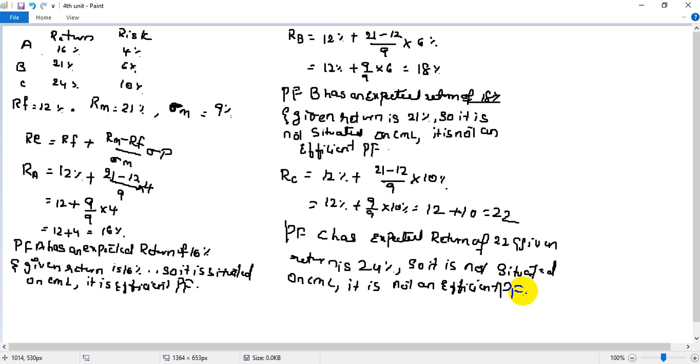So here also portfolio A only has the same return as the expected return, so it is an efficient portfolio. But portfolios B and C cannot continue to prevail on the stock market. So what happens, the investor would like to invest in portfolio A, which is an efficient one. The others, they are not going to invest. So they are all inefficient portfolios, B and C. Only portfolio A is efficient. That is what you're going to give as the conclusion over here also.